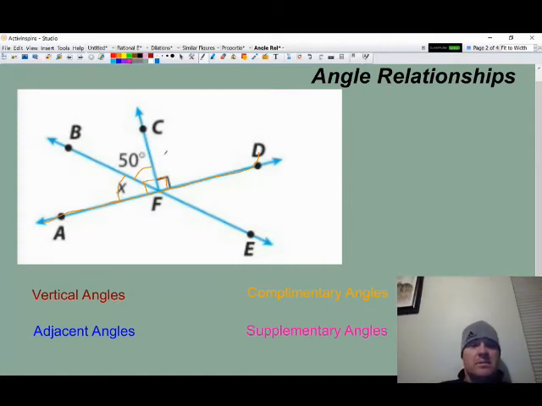supplementary angles. Supplementary angles are two angles with a sum of 180. So all you're looking for here with a sum of 180 is a straight line. And I'm going to choose this as my straight line. We're going to choose BE as my straight line. Right there. And I'm going to take two angles that add up to be this. So I'm going to take this first one,